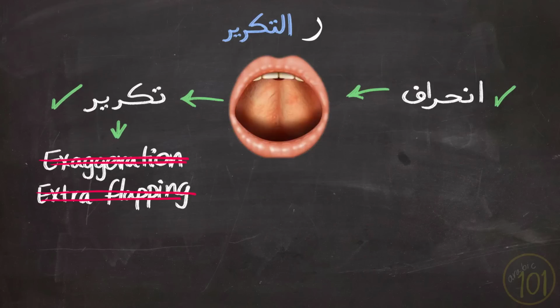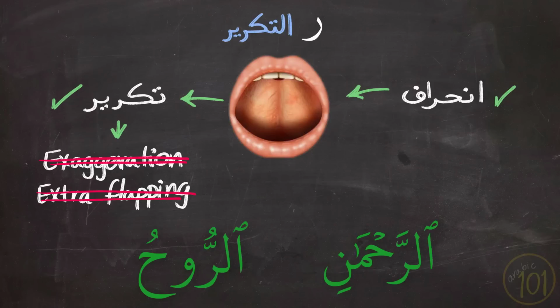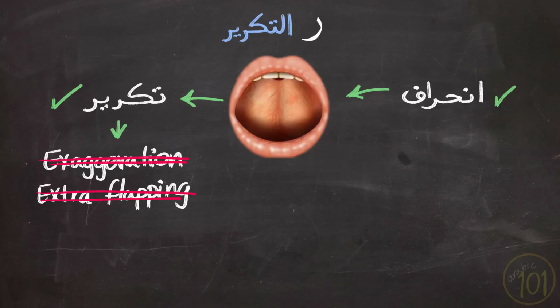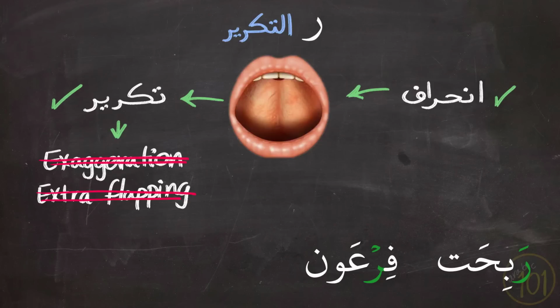Ar-Ra, Ar-Ra. Again, you are the best one who can help you find that sweet spot. Ar-Rahman, Ar-Ruh. So it is Ar-Ra, Ar-Ri, Ar-Ru. And in case of ra that has no shadda, Rabihat, Fir'aun, Rubama,